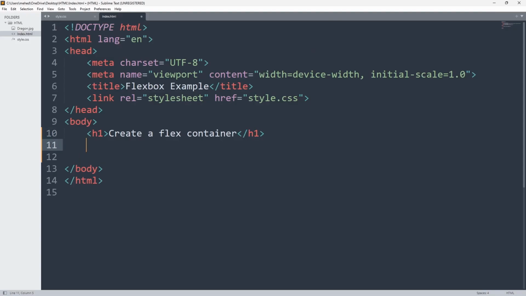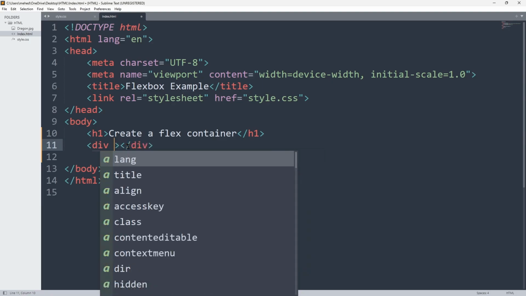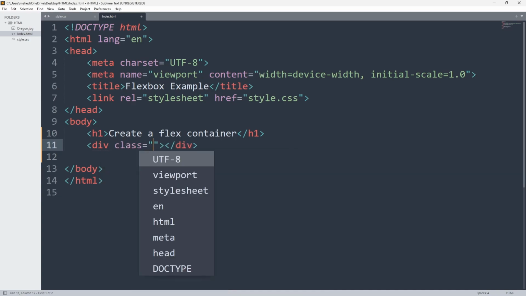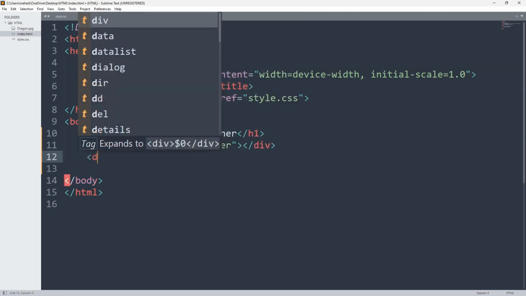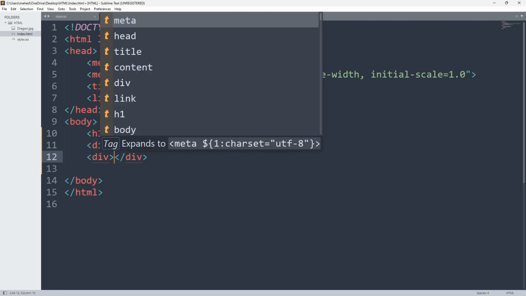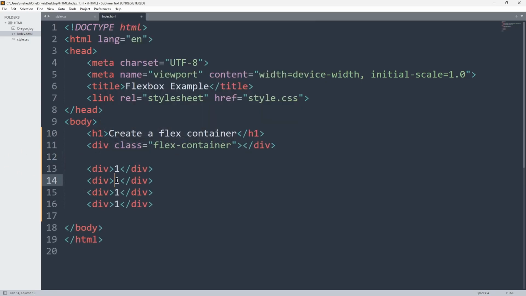After that we're going to add a div tag, and in the div tag we can simply add a class, and in the class we can simply add flex-container. So for that we can simply add flex dash container. Make sure your spelling is all okay. And after that, what we can do is simply create a div, give it one, and we can create more like this, and we can simply name them 2,